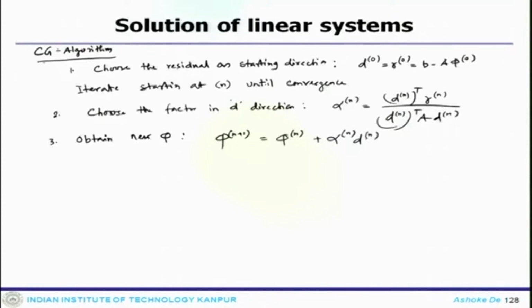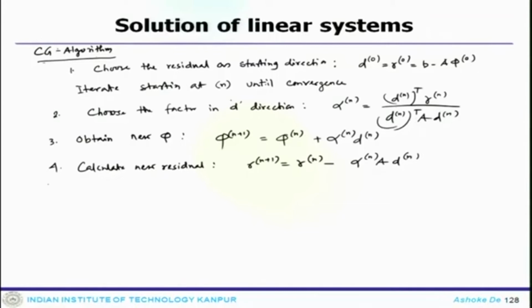Now, after obtaining the phi, we need to cross check for the residual. So, you can calculate the new residual like R n plus 1 equals to R n minus alpha n A dn. That is how you calculate the new residual using the